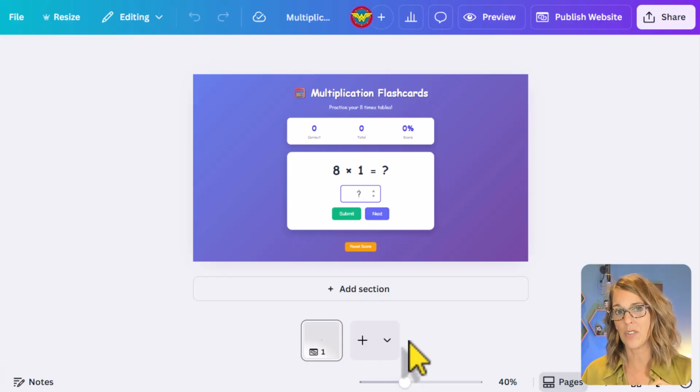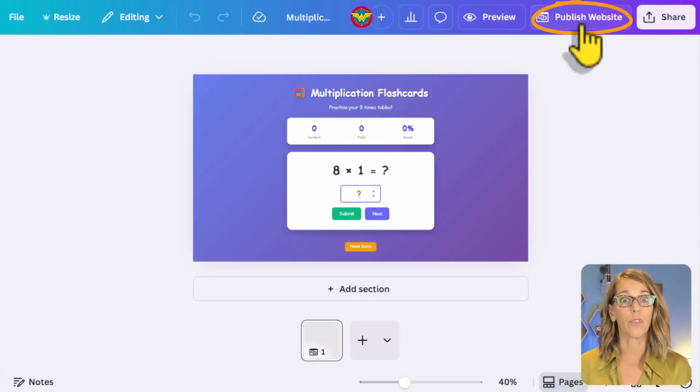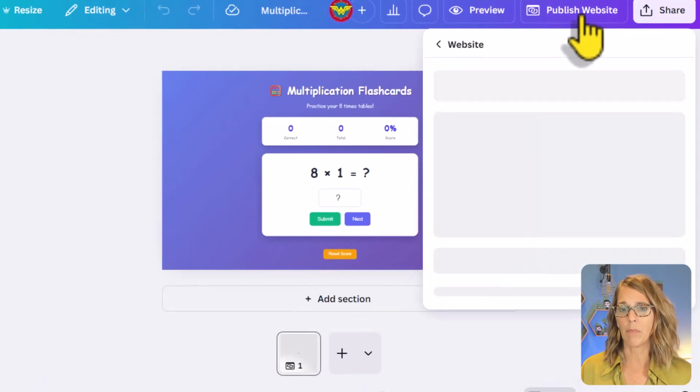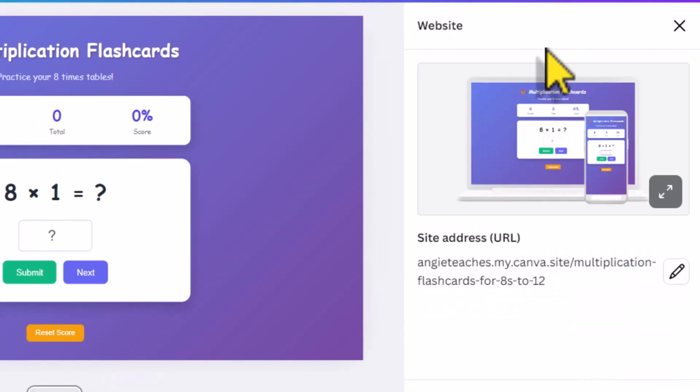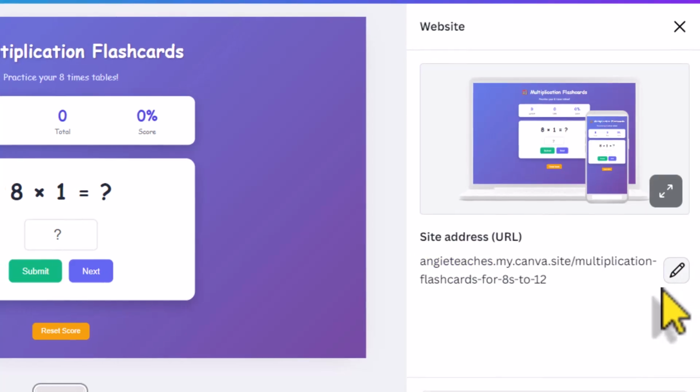So what I want to do is to publish the website, and Canva allows you to publish websites for free. This is just going to be a holding place for our activity. Now I've already used websites for my Canva, but if you haven't, you're going to want to change these first few words. It will say my.canva.site. I put Angie Teaches for mine. So mine's already here. I could change it, but I'm going to go ahead and leave it, and then I'm